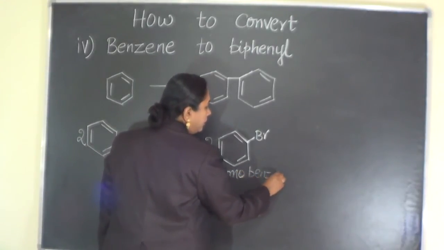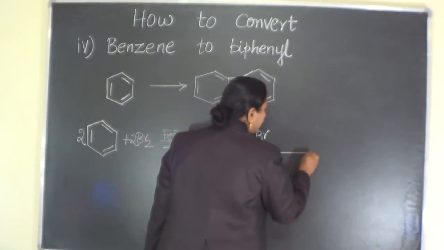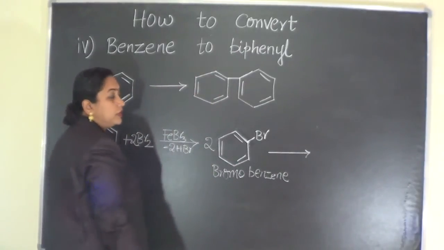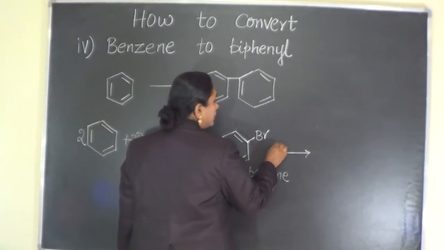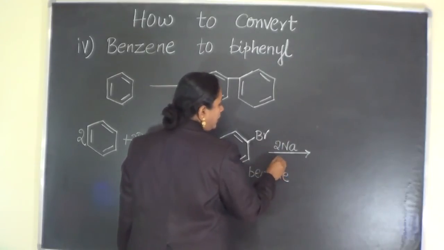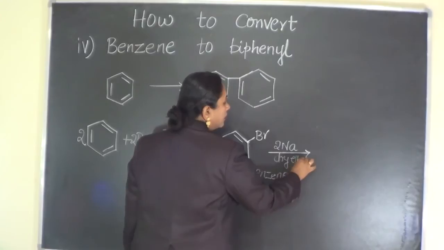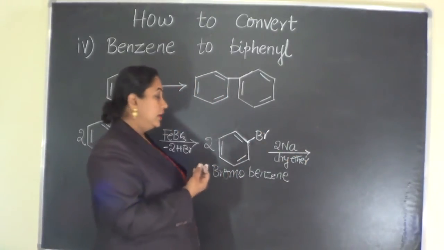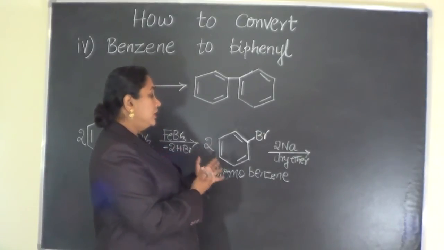Thus obtained bromobenzene is treated with, you should remember that we are talking with respect to two molecules, so it is treated with sodium, metallic sodium in presence of dry ether. Yes, the condition looks as if it's the case of Wurtz reaction. So it's not actually Wurtz reaction.